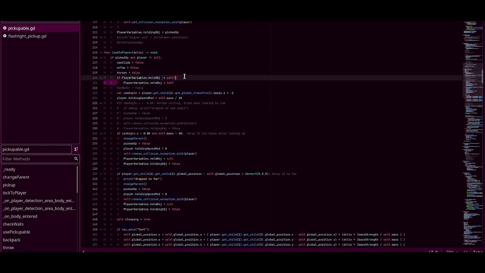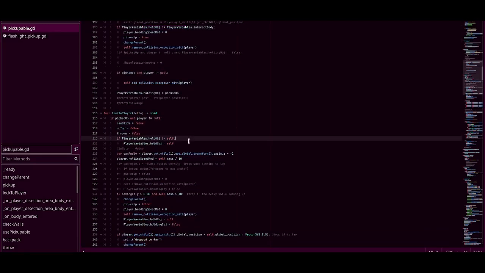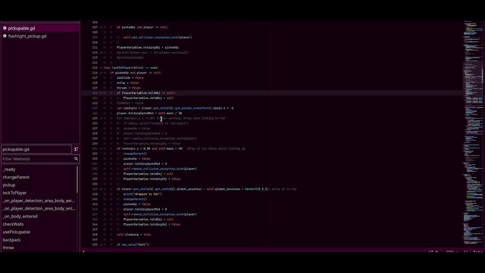And then we're setting its held object to self, if it's not self, so that I can know exactly the object that I'm holding. This is useful, for instance, here, or for when I put it in my backpack and stuff like that. And then we're getting our camera angle, we're setting our holding speed,